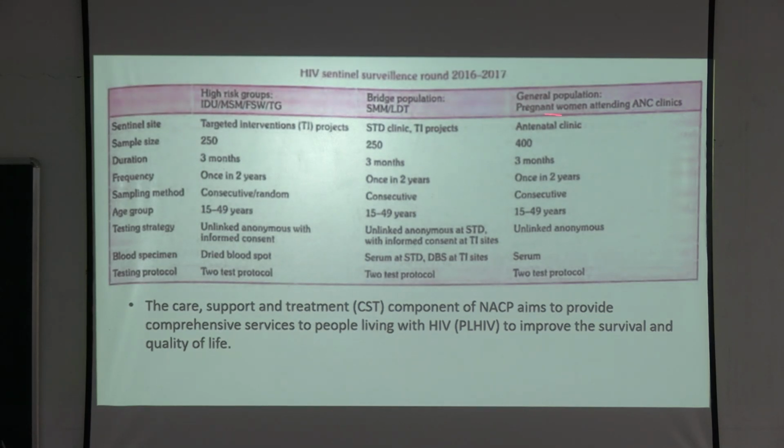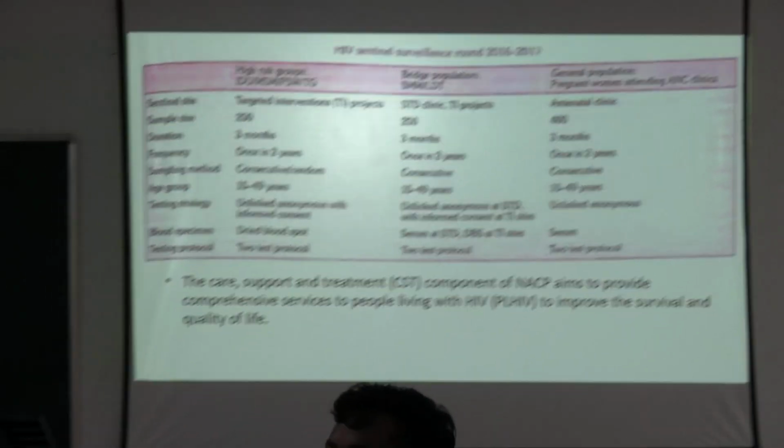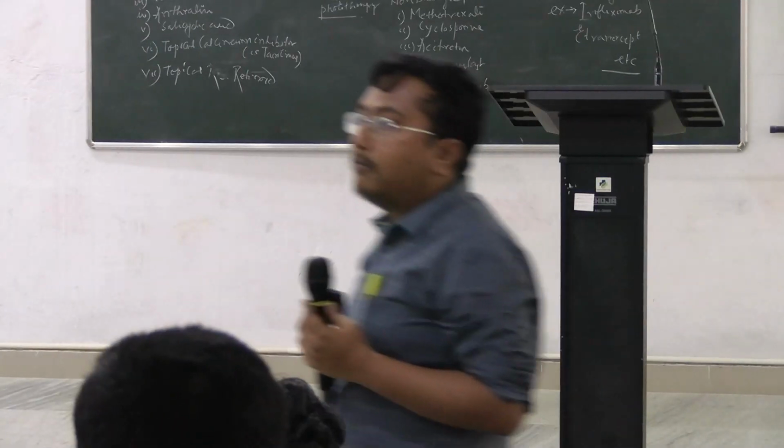So why are there differences in numbers, sir? You all actually studied research methodology in the second year. Any idea why 250 for them and 400 for general people? Why is the sample size different? Is there any reason or just